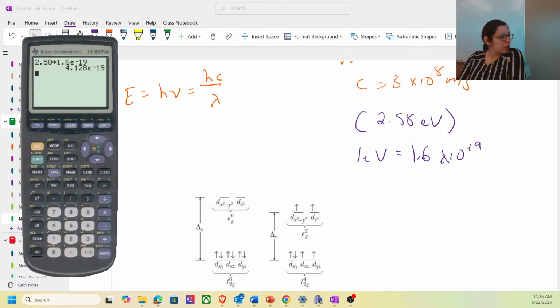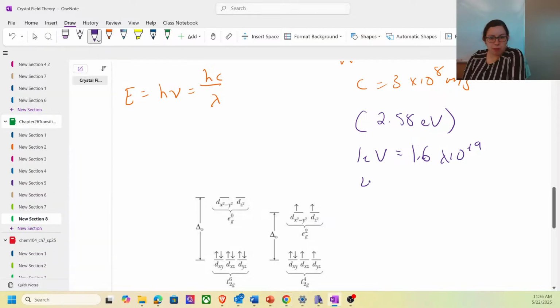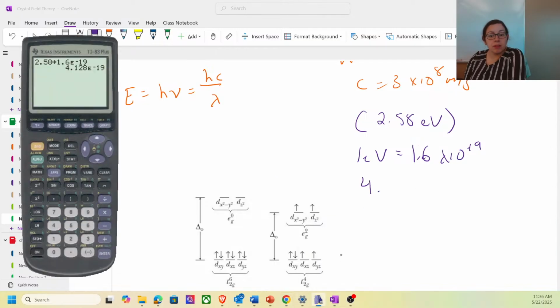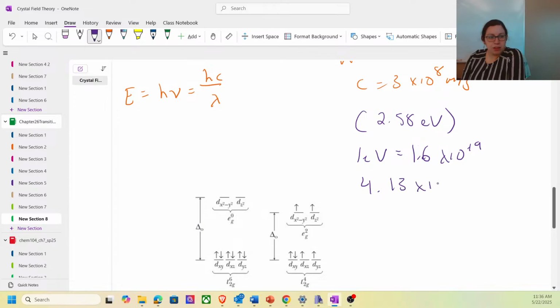So let's see, about 4 point. So that sounds about right. 4.13, sorry, I can't read, times 10 to the negative 19 joules,